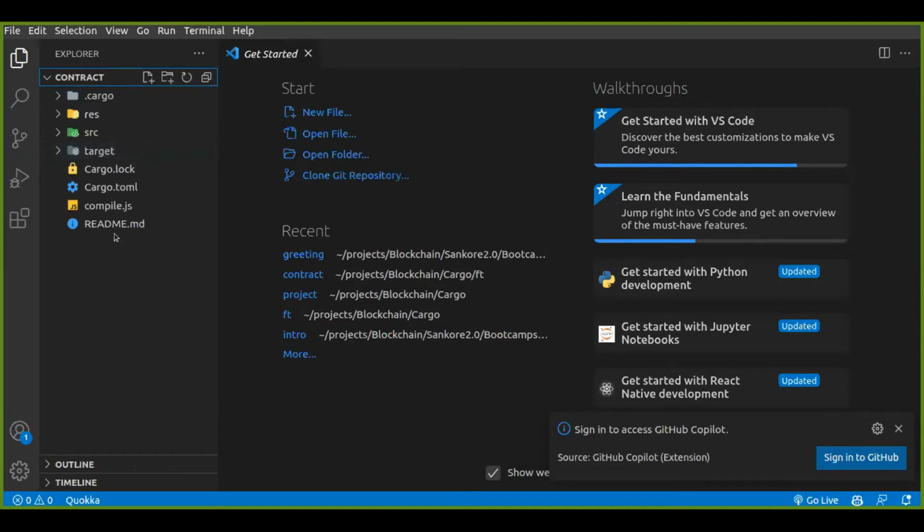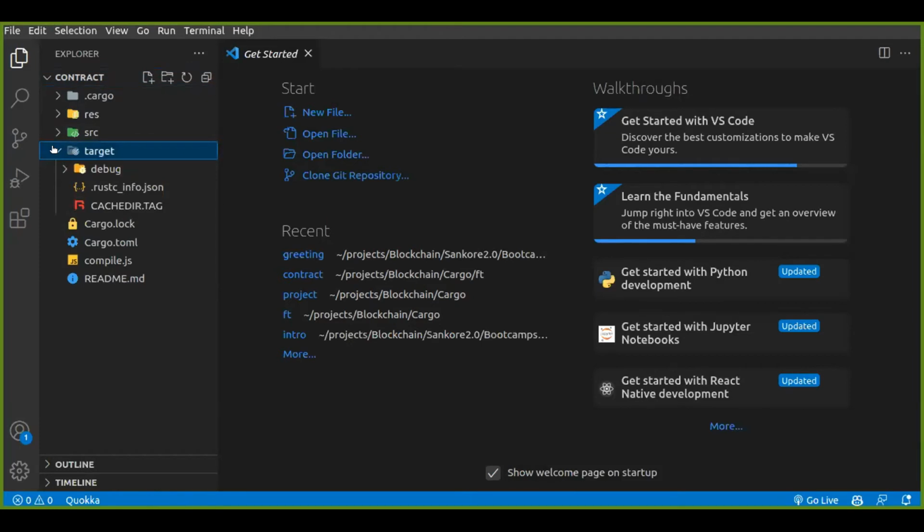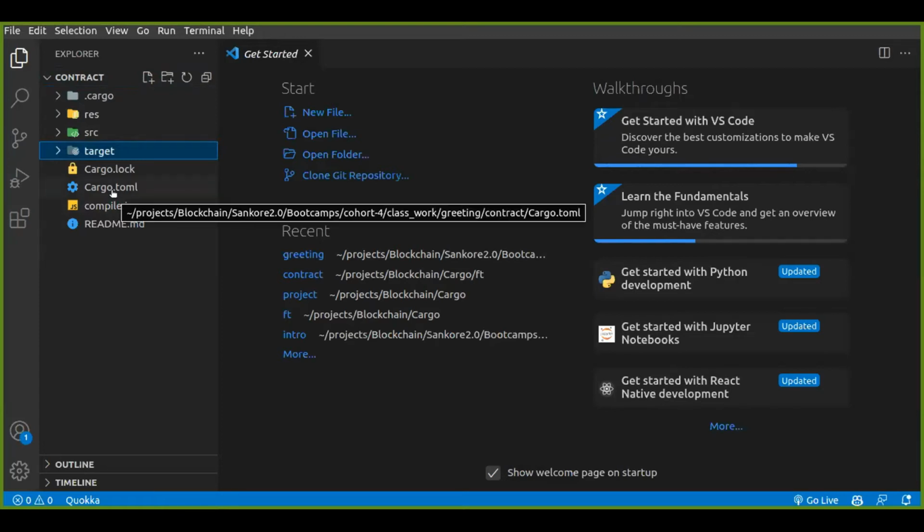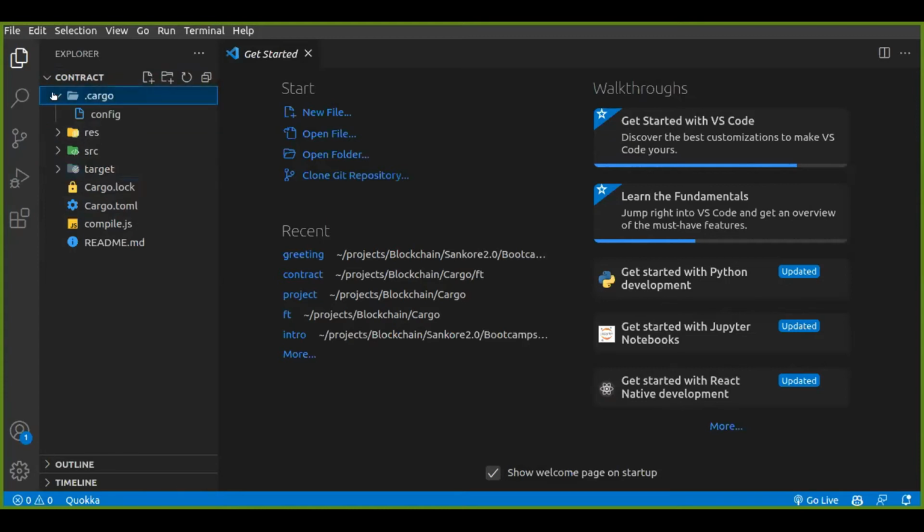Now inside this folder, we also have quite a bunch of files. Up to now, you are familiar with the target folder, right? I talked about this while we were doing Rust. And you're also familiar with the cargo.toml file and cargo.lock. I know we are not familiar with this .cargo folder over there. Then our resource folder, or our res folder. This is where we're going to have our